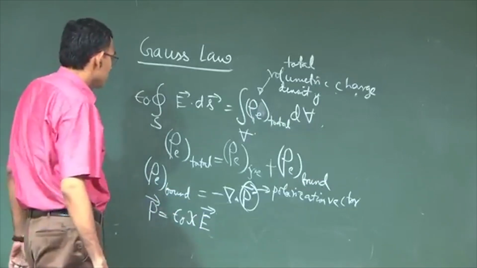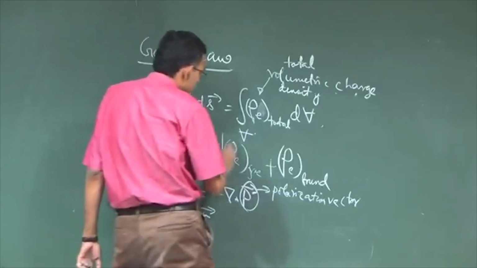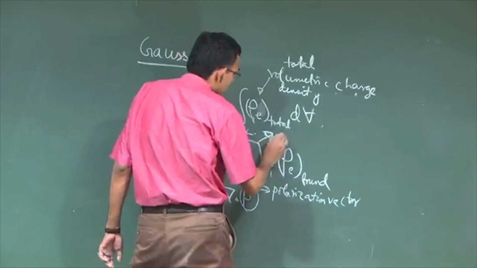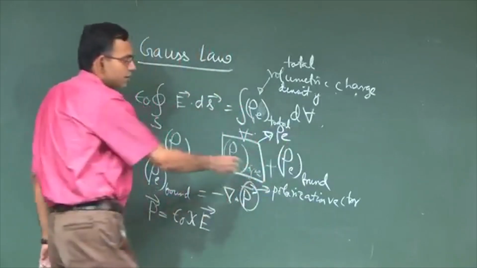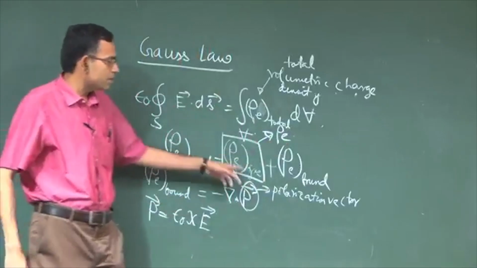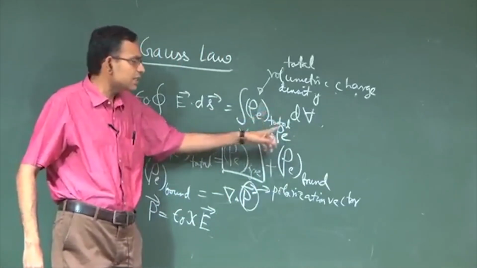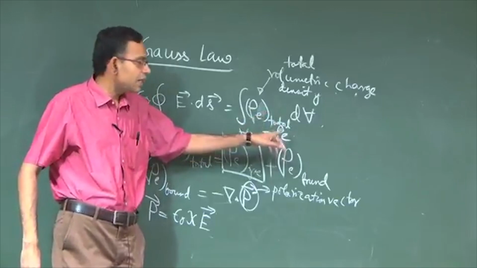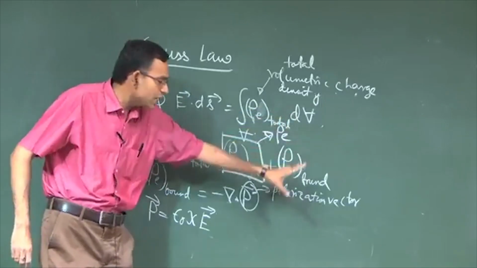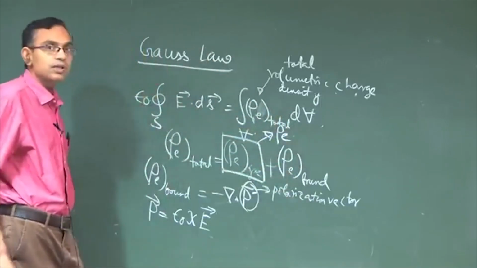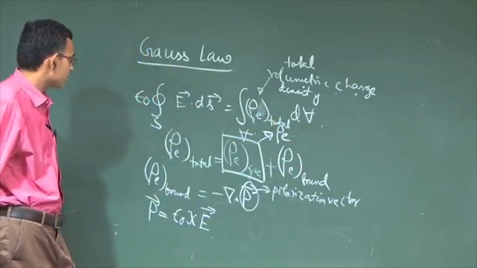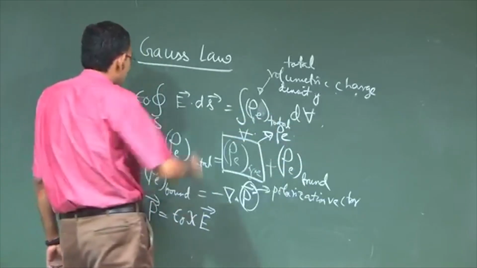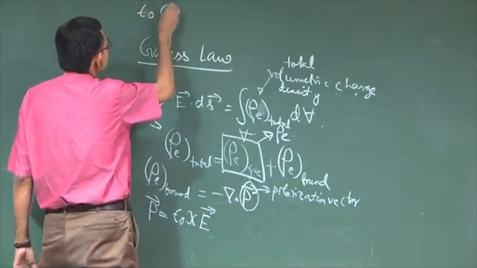So, now this rho E free is often given a symbol as rho E. The free subscript is often taken off with an understanding that charge density here we write as free charge density. Bound charge density is taken care of within the expression itself. So, you can write epsilon naught